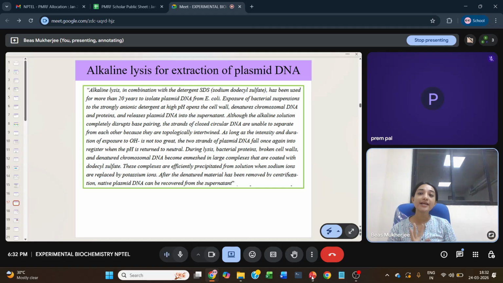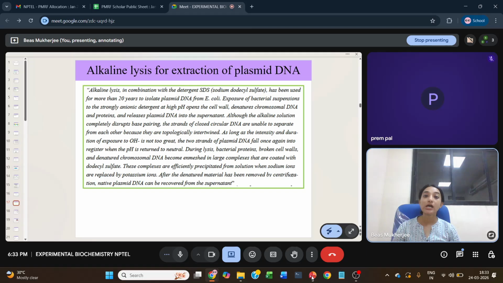Okay. So although the alkaline solution completely disrupts base pairing, the strands of the closed circular DNA are unable to separate from each other because they are topologically intertwined. This is your supercoiled plasmid DNA. As long as the intensity and duration of exposure to OH minus is not too great, the two strands of the plasmid DNA fall once again into one another, and when the pH is returned to neutral,